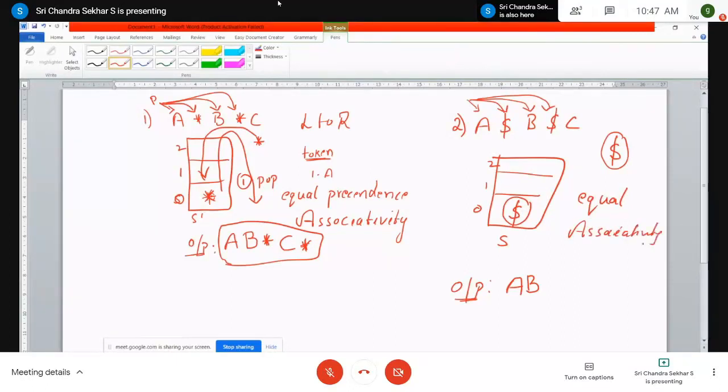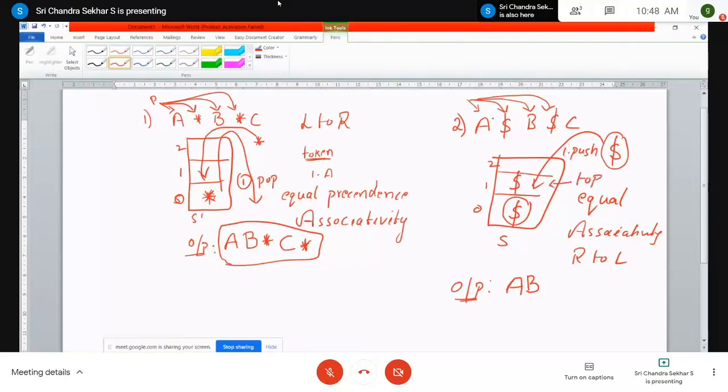And the associativity of the exponentiation operator is right to left. So in such a case, you have to change the algorithm. If it is right to left associativity, then the algorithm allows the equal precedence operator to lie on the same operator, right? So dollar can be placed on top of the top element, that is dollar. So in this case, there is only one operation, that is push. So you push it, and now the stack contents are like this: two dollars, and this is my top element,